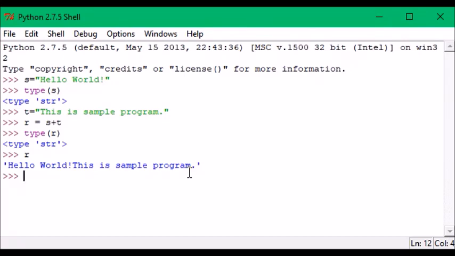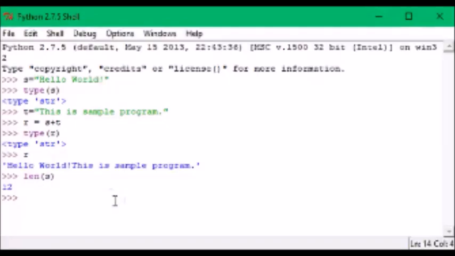If I want to get the length of a string, what is the length of a string? That means the number of characters available in the string. Let's say I have defined the string s, Hello world!. Then I want to find the length of s, which is equal to 12. How do you see that? HELLO is 5, then WORLD is 5, 5 plus 5 is 10, and the exclamation mark is 1, so 11. And how is it 12? Because a string also counts the empty spaces.